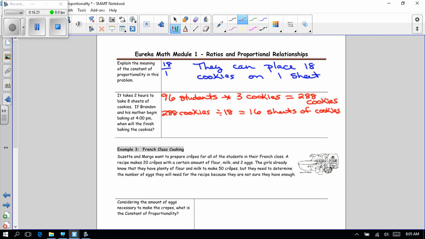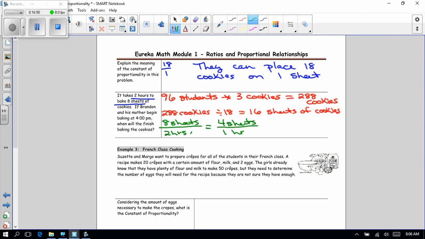Well, it tells us that it takes what? 2 hours. Look at this. It takes 2 hours to do 8 sheets of cookies, right? So if I take the 8 sheets of cookies, divide it by the 2 hours, in other words, they can do 4 cookie sheets per hour,